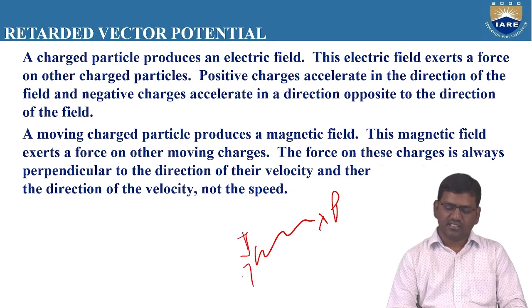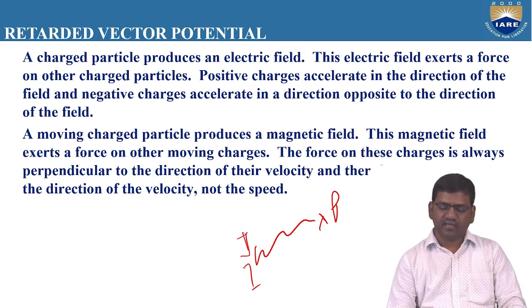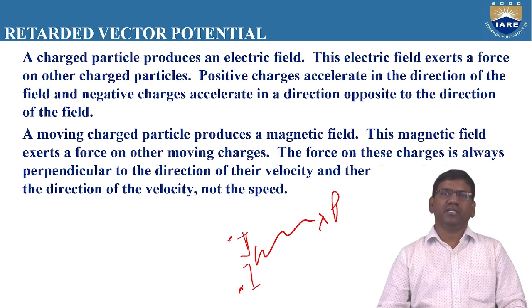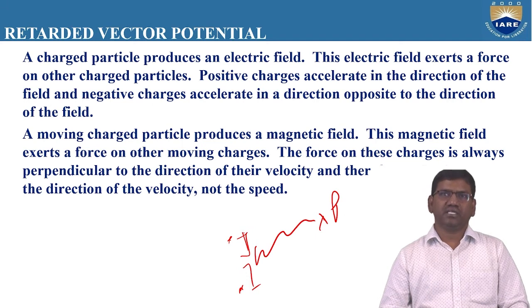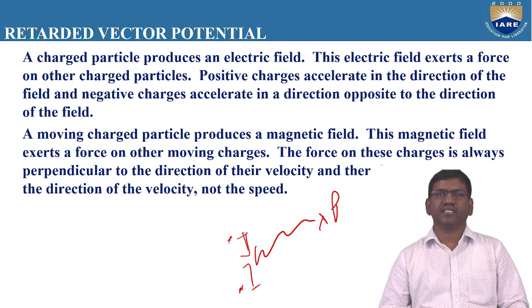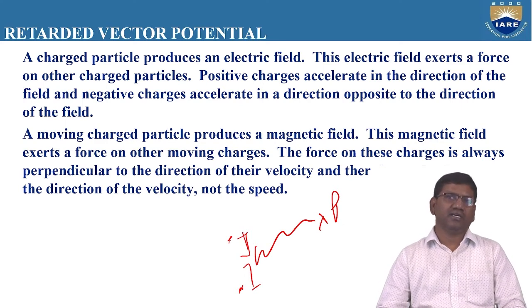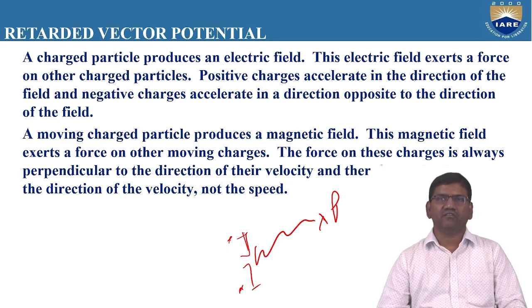As these positive and negative charges fluctuate or move back and forth from one side to the other side, radiation will happen. As we are familiar, for a dipole antenna the positive charge and the negative charge will move back and forth at a faster rate. When these two charges accelerate at a faster rate, the radiation will occur. But all the electromagnetic waves produced by the dipole antenna will not reach the distant point at the same time.